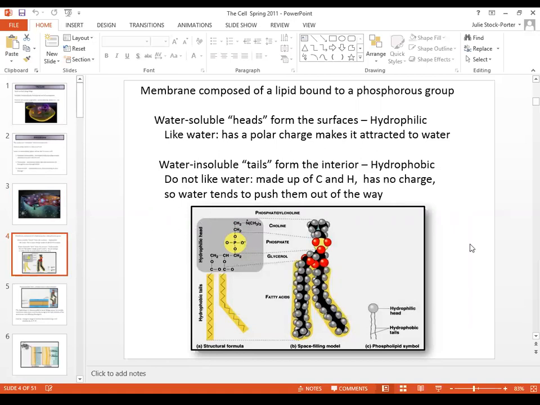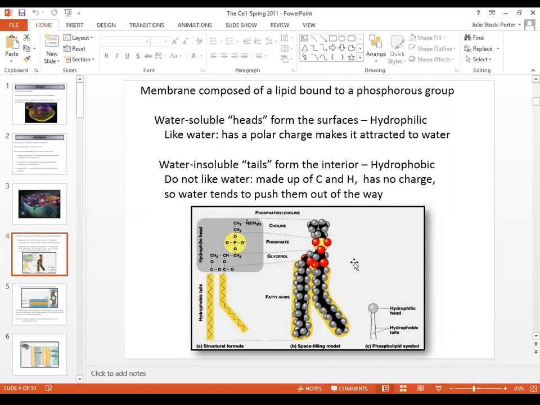And if we look at this structure right here, this is our lipid structure. When we talked about lipids, we talked about the glycerol, and attached to the glycerol, we had the fatty acid, which has a carboxyl and a hydrocarbon chain. Then we looked more closely at it, and we saw where there was oxygen, this was going to be polar,